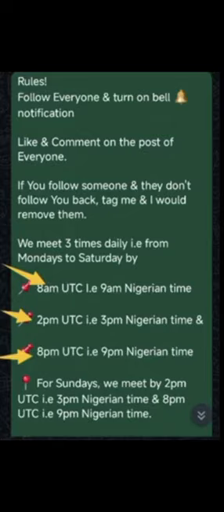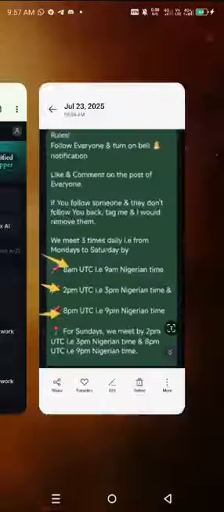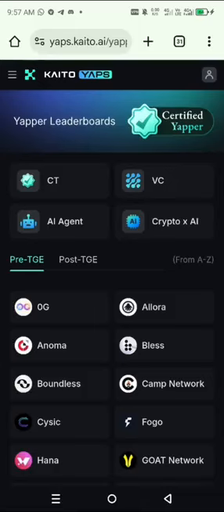And also in the WhatsApp group, you'll be able to share your X account in order to have a follow. So whoever follow you, you also follow them. And we have rules for that. If they follow you and the person indicated that he has followed you and you didn't respond, you are going to be kicked out from the group ASAP.